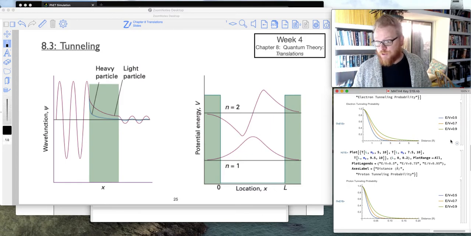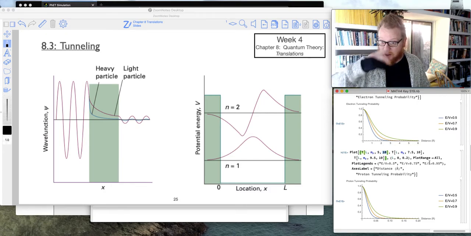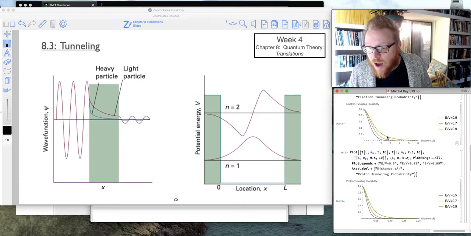And you can also see now these are looking at different incident energy levels. So for example, 10 electron volts is the potential energy barrier for this tunneling problem that I did here. So when E over V is 0.5, that means the kinetic energy of the electron is 5 electron volts, right? When it's 0.7, it's 7 electron volts. When that number is 0.9, it's 9 electron volts. And as you can see, the higher that incident energy is, the longer a distance the electron can